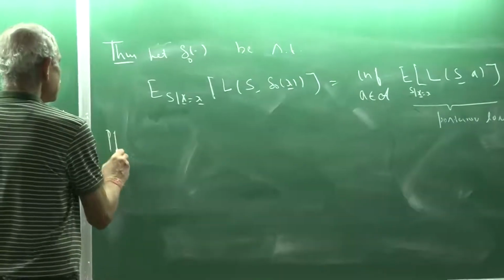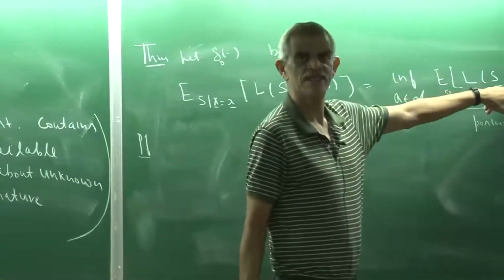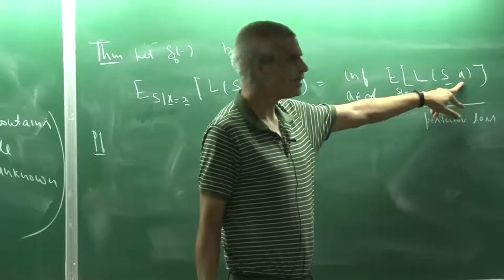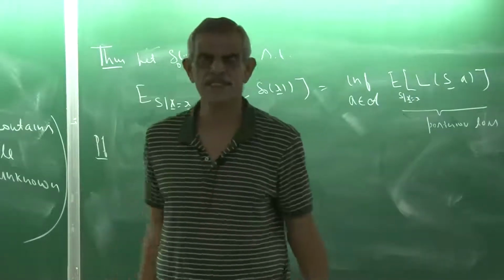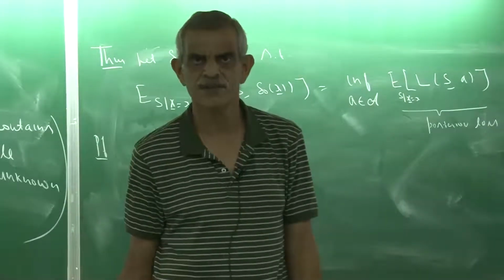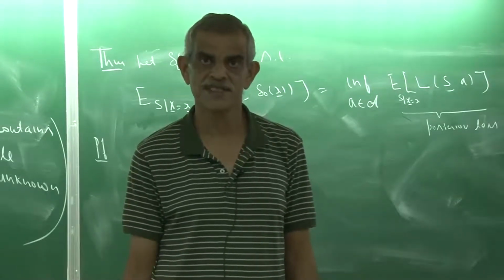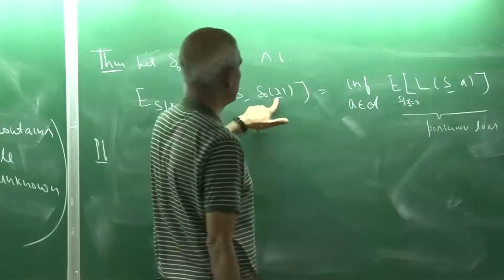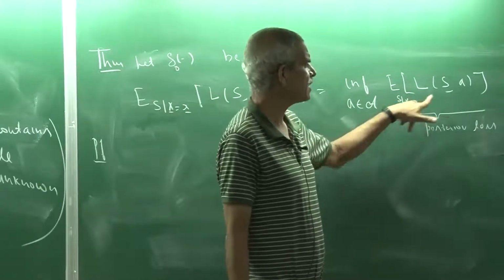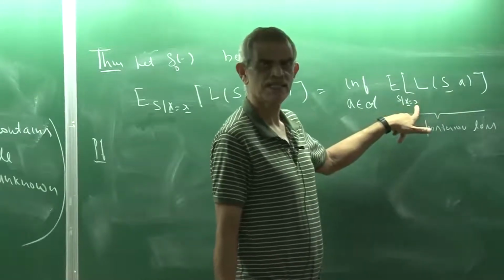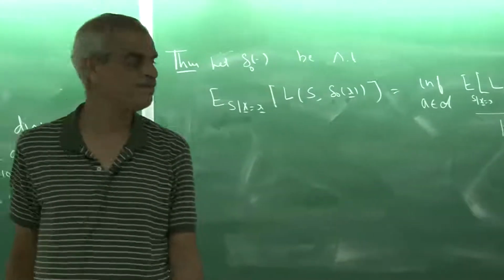Now one thing you should note: here, for delta naught, you are minimizing with respect to A. So if the minimizer exists, it only depends on x; A would be a function of x. No further randomization is required. So this Bayes rule is always non-randomized. You consider delta naught of x to be the one which minimizes this. The minimizer is at best going to depend on x, because S would be averaged out.